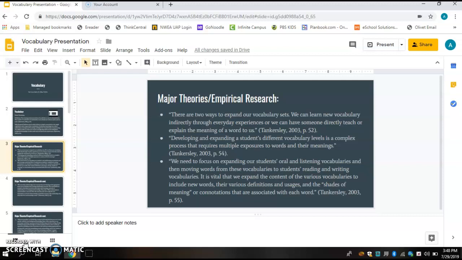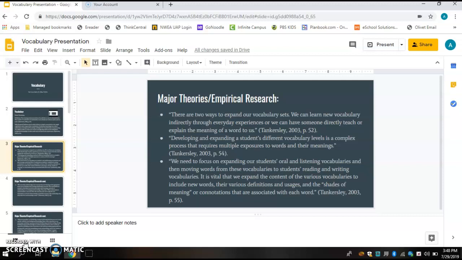There are two ways to expand our vocabulary sets. We can learn new vocabulary indirectly through everyday experiences, or we can have someone directly teach or explain the meaning of a word to us. So really, it stems from listening at the beginning, and that's how our vocabularies are built from a young age. Developing and expanding a student's different vocabulary levels is a complex process that requires multiple exposures to words